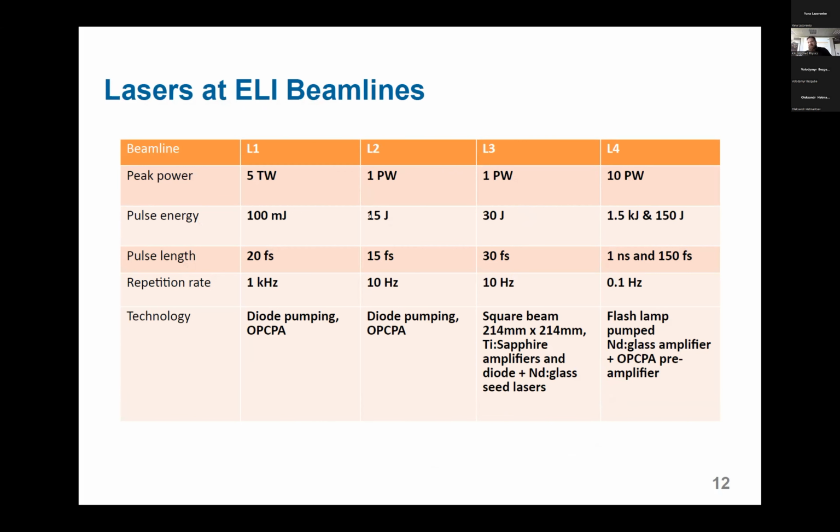But of course, this energy is focused into an area of several micrometers. So the final energy density delivered on target is extremely high, depending on the exact size of the focus. And the biggest, this 10 petawatt, again, this number is the peak power. So this 10 petawatt laser can deliver 1.5 kilojoules in a 1 nanosecond pulse, and 1.5 kilojoules is like a shot from some smaller machine gun, like from some